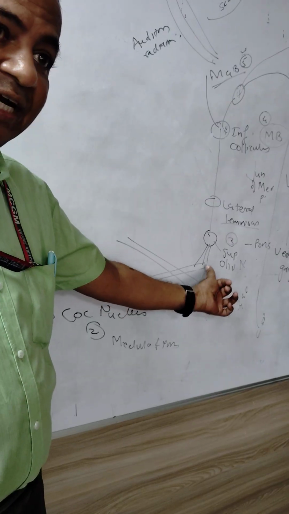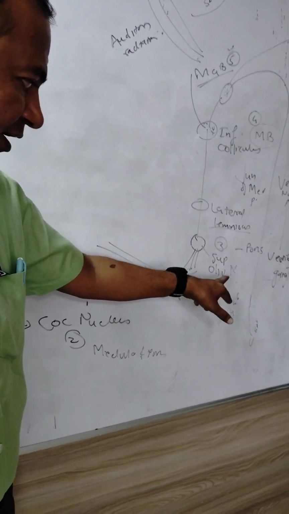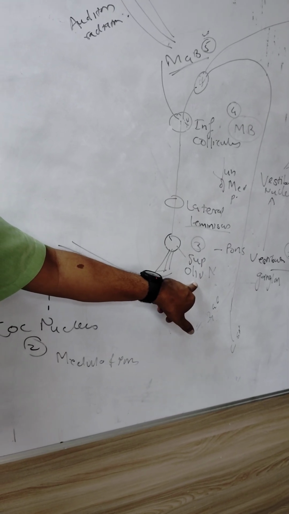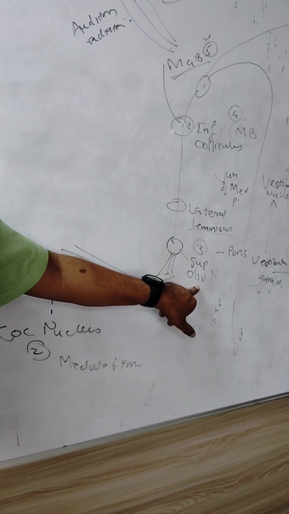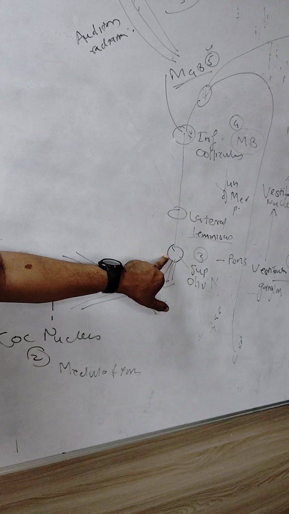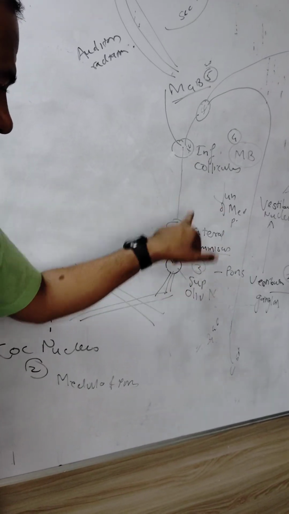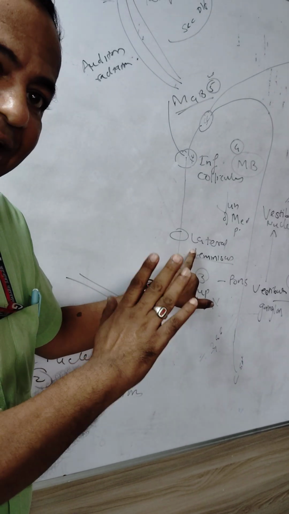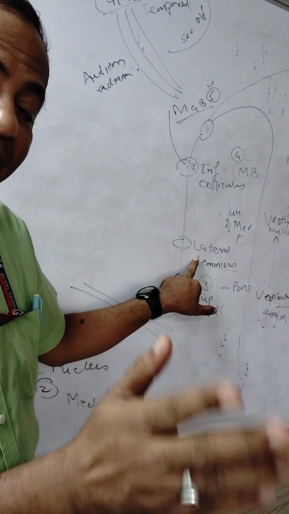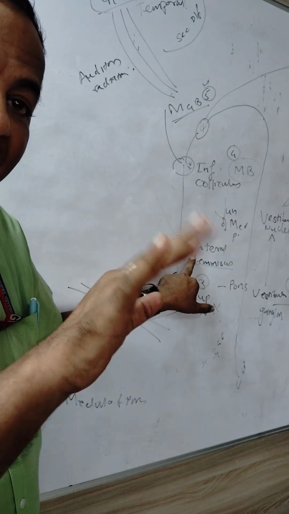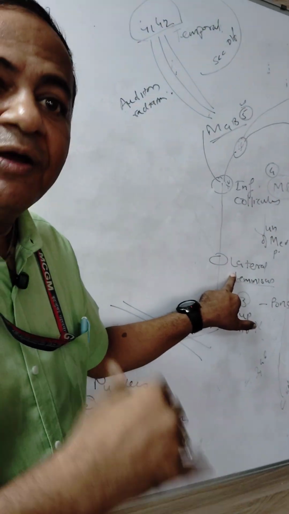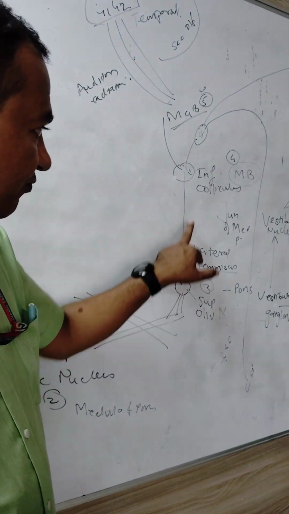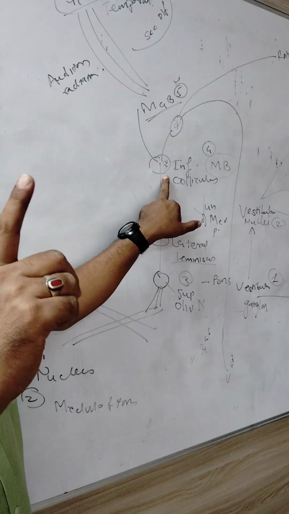They go to the opposite side, ascend up and relay in the superior olivary nucleus. The superior olivary nucleus forms the third order neuron. From the superior olivary nucleus, the auditory pathway goes up and is now called the lateral lemniscus, because it is the lateral most among the other lemnisci. The other lemnisci, medial, trigeminal, spinal, carry pain, temperature and general touch for the face and body. This doesn't carry any of this, it just carries the auditory pathway, and the lateral lemniscus ends in the inferior colliculus